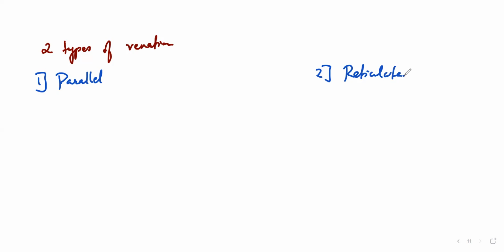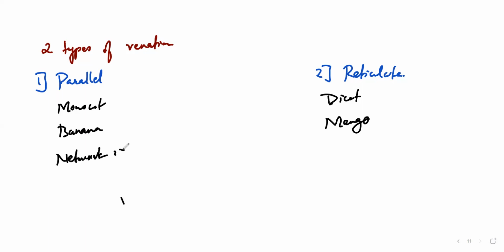So what is parallel and reticulate? So parallel, most probably you will find in the monocots. So reticulate in the dicot. For example, say banana leaf, and here mango. Okay, and the basic difference between the parallel and reticulate is what? In the parallel, the network is absent, and they will be in parallel form. Like for example,